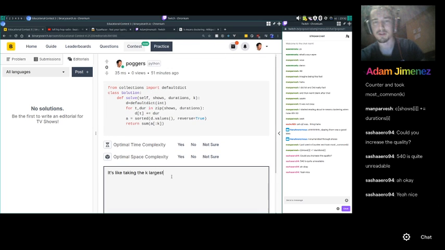It should be right. So it's like taking the k largest numbers out of an array. But first you need to combine the numbers belonging to the same titles. You can do so using a dictionary.